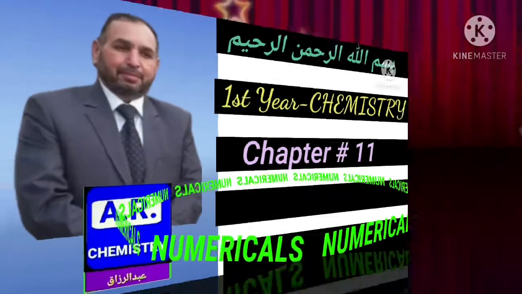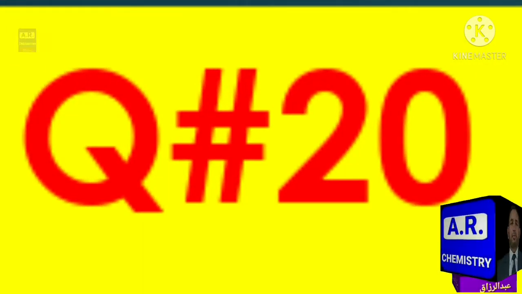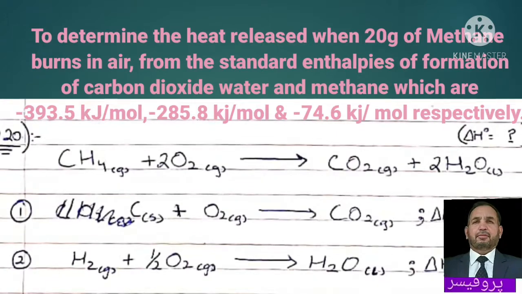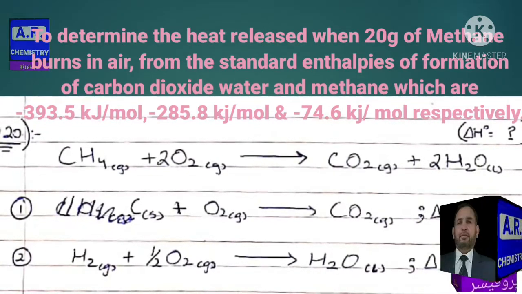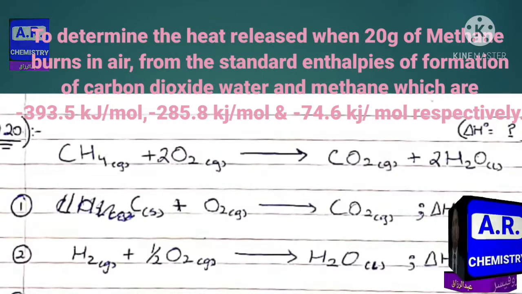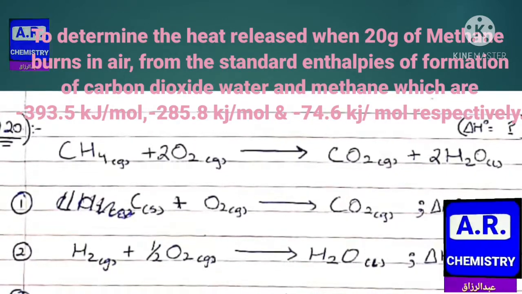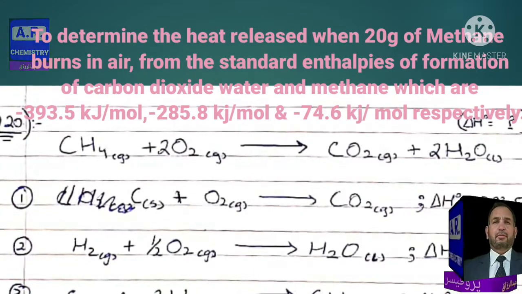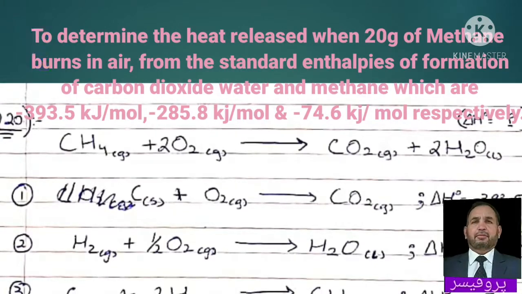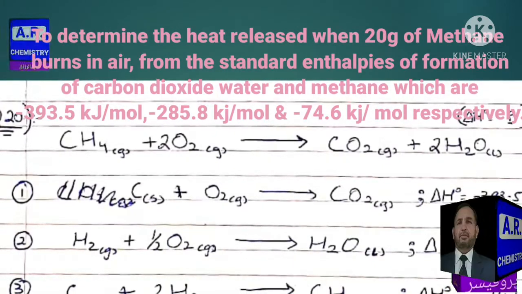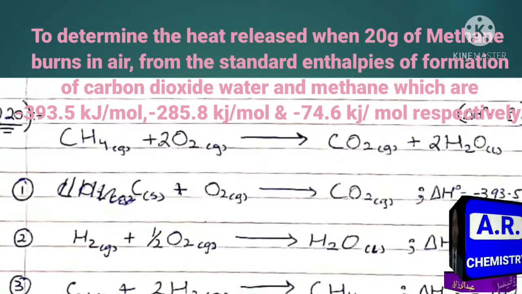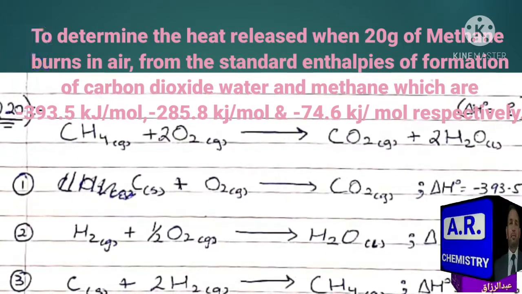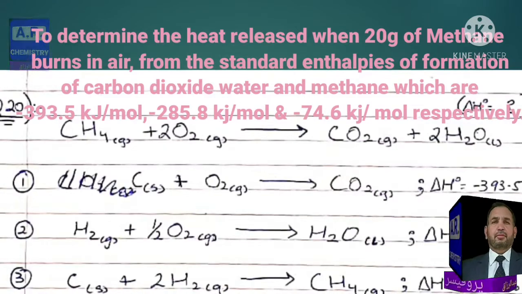Numericals of thermochemistry. Question number 20. In this question, the standard enthalpies of formation of carbon dioxide gas, H2O liquid, and methane gas are given, and you are to determine the heat released when 20 grams of methane burns in excess of air under standard conditions. So, the strategy to solve this question is that first of all, write the required equation, and the required equation is